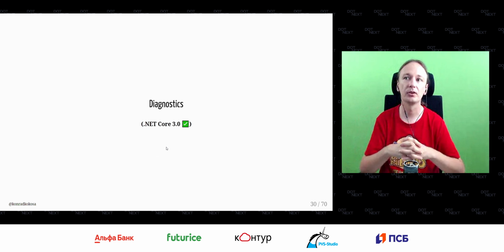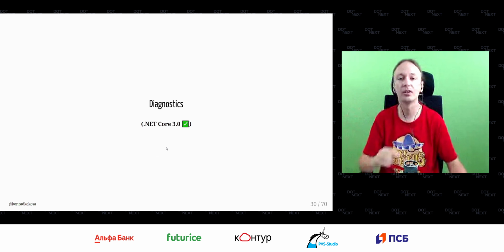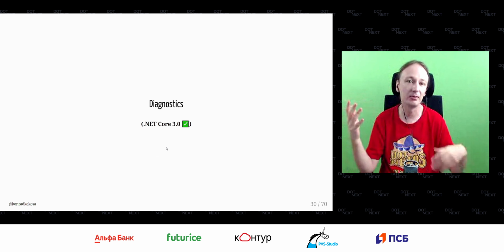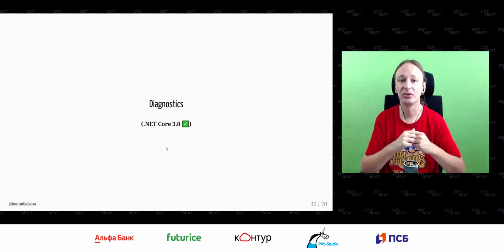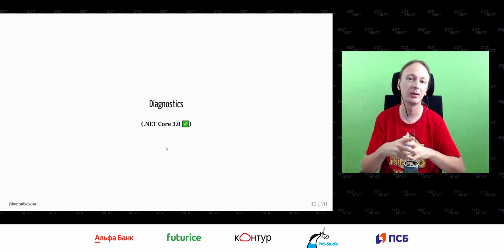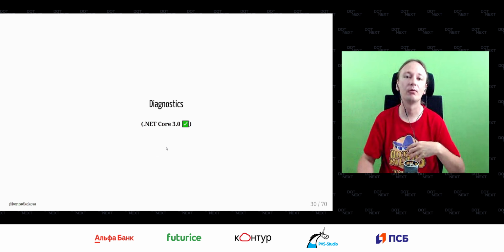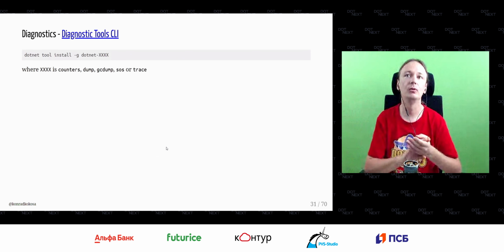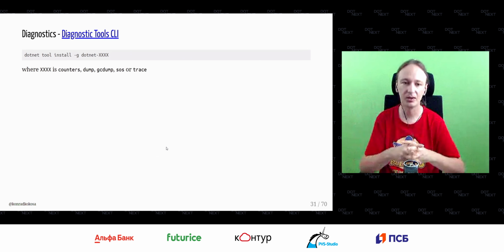Regarding what's already added to .NET, we also have a huge topic of diagnostics, because for years it was a kind of problem, especially on Linux. We were just left behind, and there was no good support for diagnostics, especially on Linux, but also on Windows, where it was limited. So since .NET Core 3.x, we have at least eventually good support of some diagnostics, and